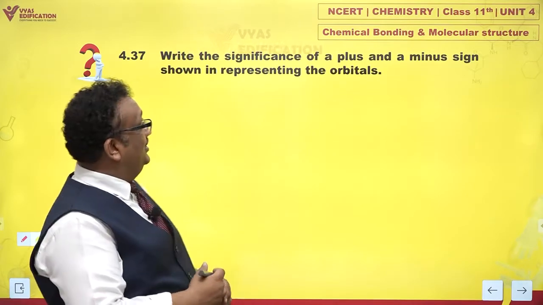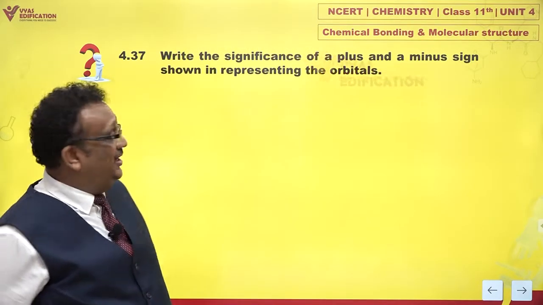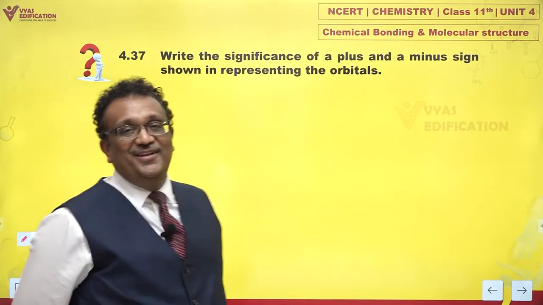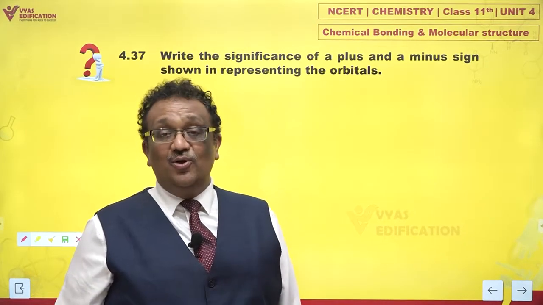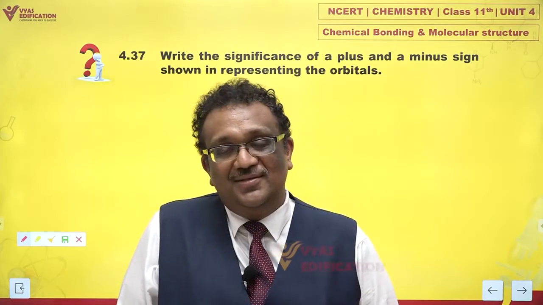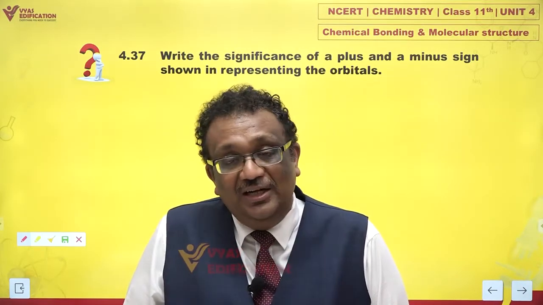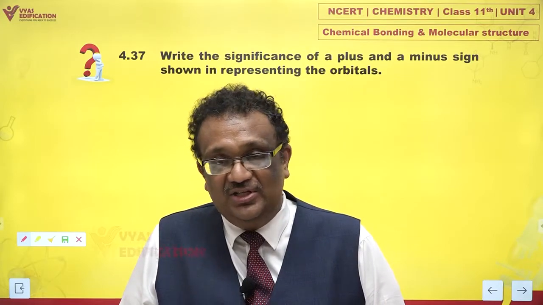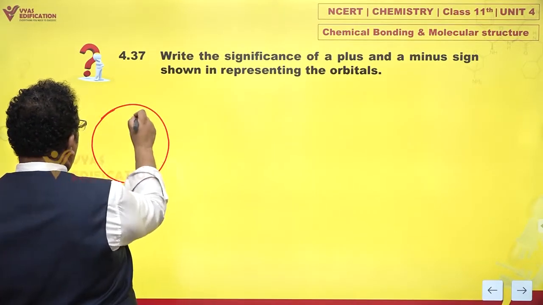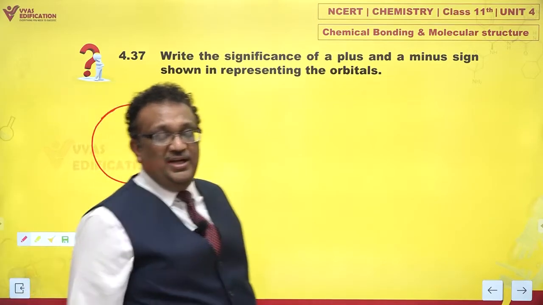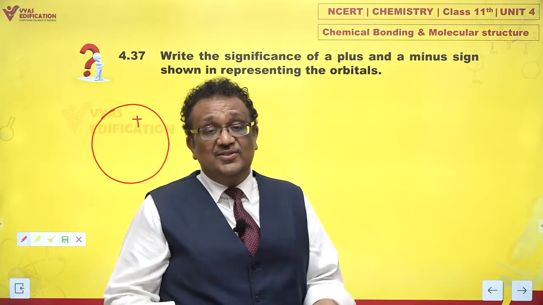Write the significance of a plus and a minus sign shown in representing the orbitals. That's very cute. Actually, plus and minus sign is not the charge by any means. Orbitals always contain electrons. Electrons are always negatively charged. But when we draw an s orbital and we put a plus sign, it just represents phase of the wave